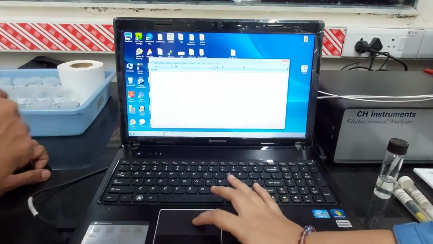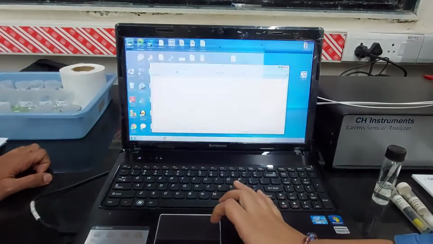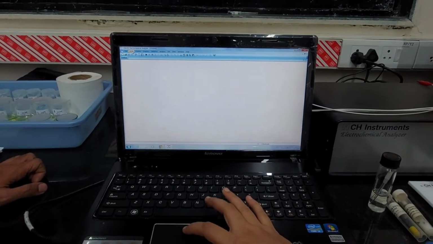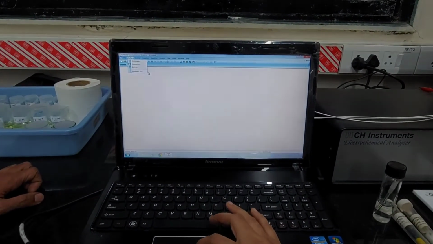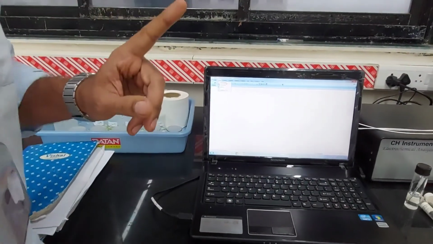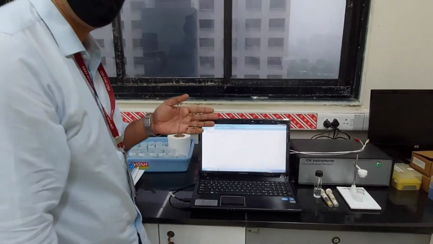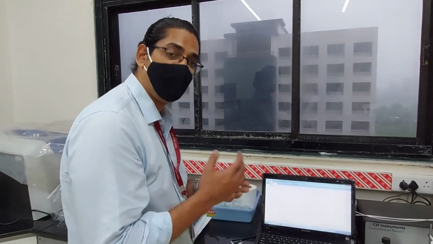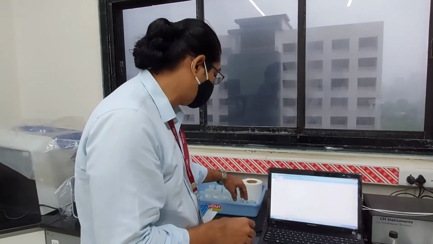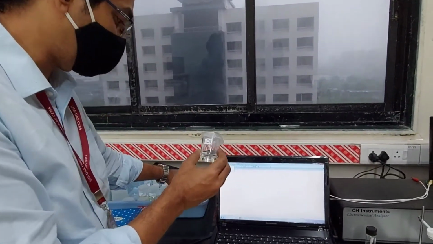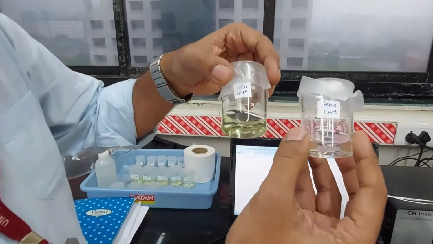Can you blow up the screen so that it is better? Yeah, it's a full screen mode. A lot better. And see what we have here for the experimentation. First thing, as I said, we have to optimize the scan speed, right? To optimize the scan speed for both ferricyanide and ferrocyanide, we have 1 millimolar solution here. So that's the ferrocyanide and the ferricyanide.